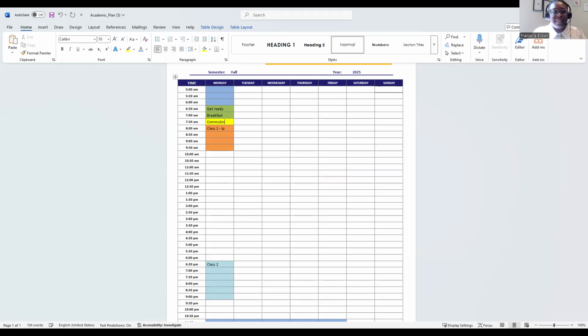Now, if that is not realistic by the time you get there, you're going to tell me, then what you might have to do is adjust your breakfast time and your wake up time. Commuting from door to door, it's a 30-minute drive, but you still need time to get out of the parking lot, get to your class, get out of your house and get into your car. So again, be realistic about these things as you're plotting them out.